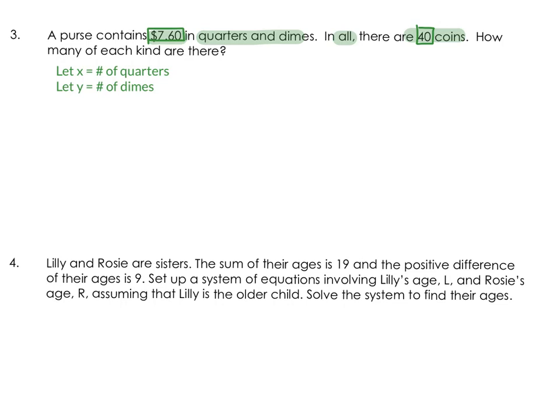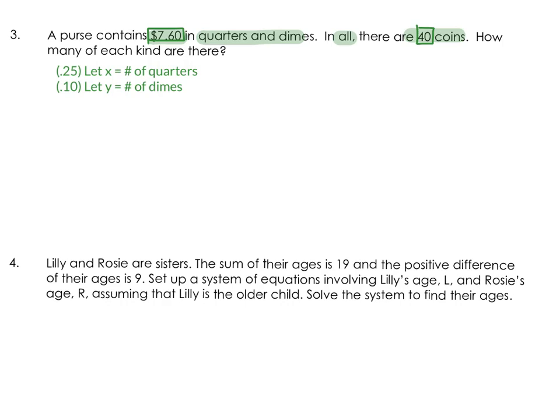So actually in front of my let statements, in front of the let x equal the number of quarters, I'm going to put in the 0.25, or .25 if you prefer, in parentheses in front. I remember that a quarter is worth 25 cents, and a dime in front of that, I'm going to put the 0.10 to show that that's 10 cents. Now I'm ready to set up my equations with the